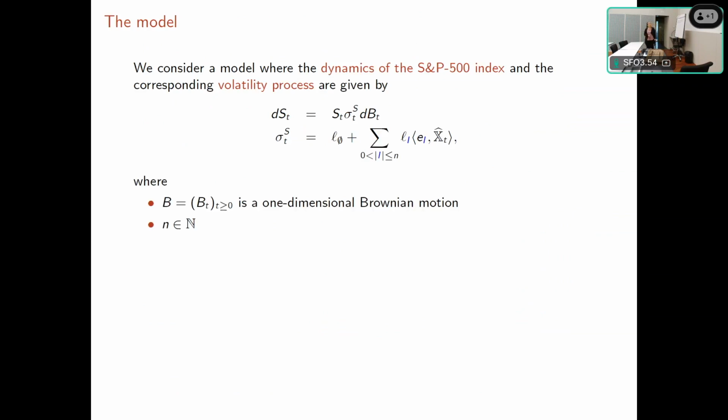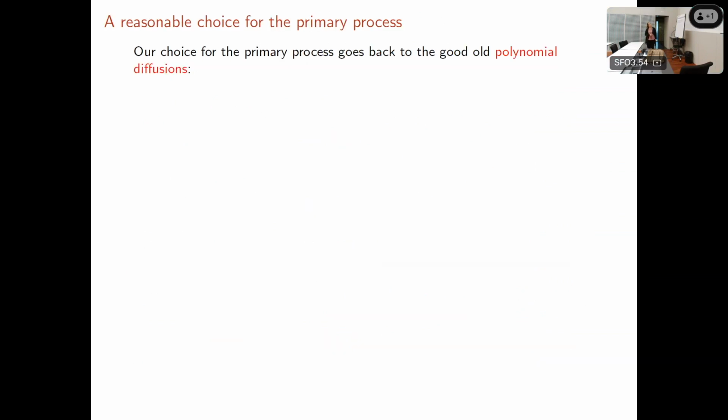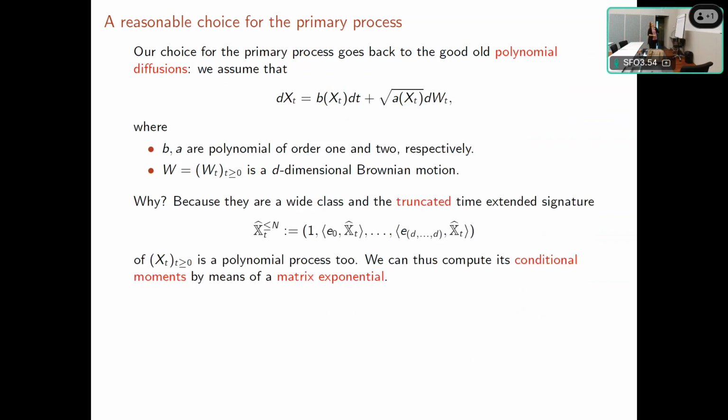Because what is nice is that, if you choose your primary, so the object of which you compute the signature, in a reasonable way, a polynomial process, which means that it includes OU process, CIR process, Brownian motion, this type of processes, then you can compute the expected signature in closed form with a matrix exponential. And this is important because